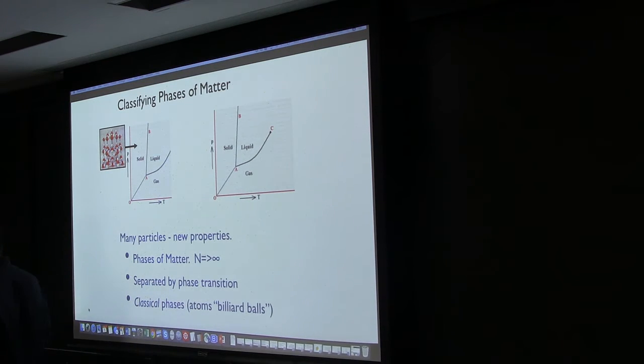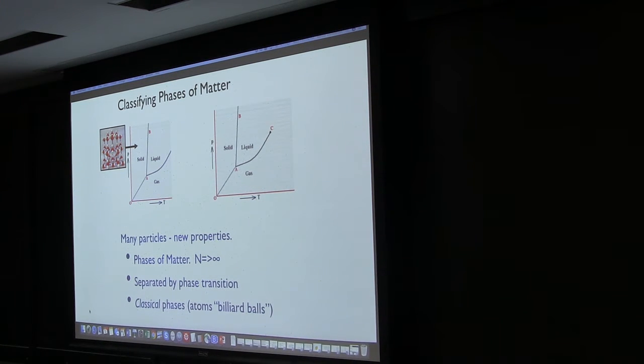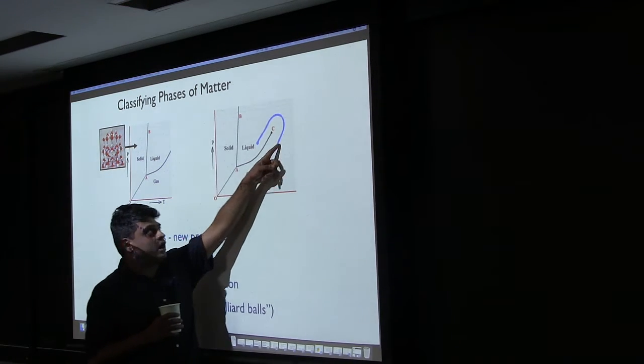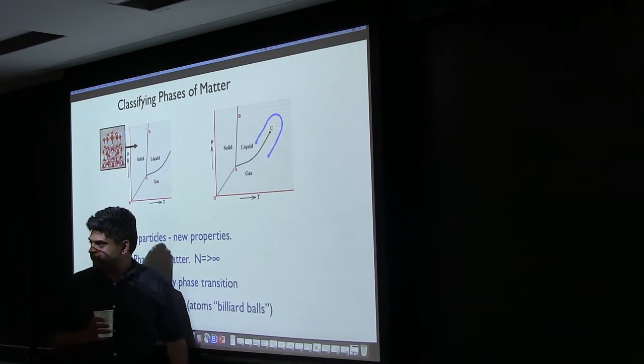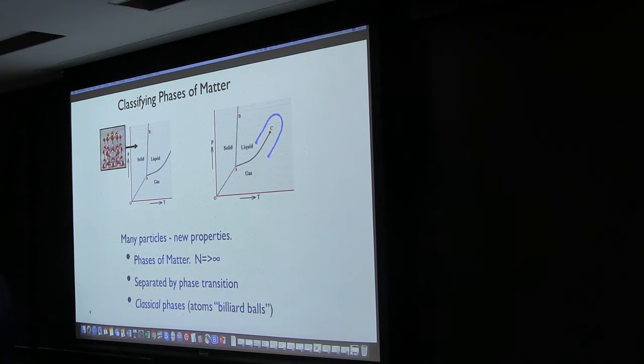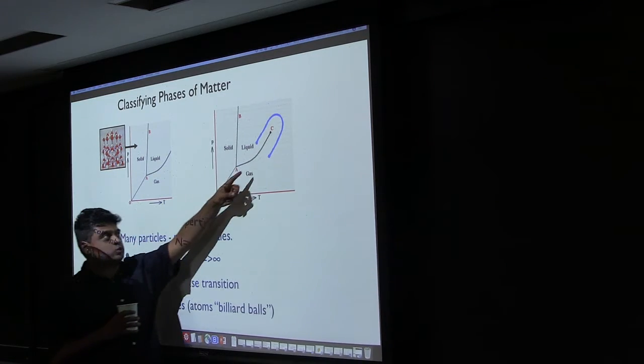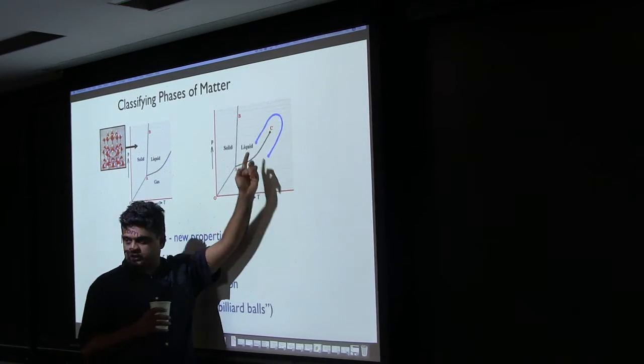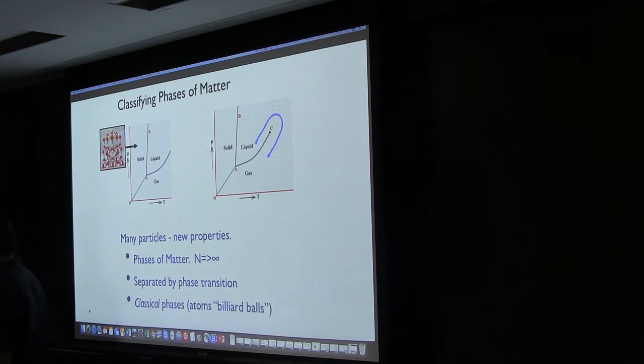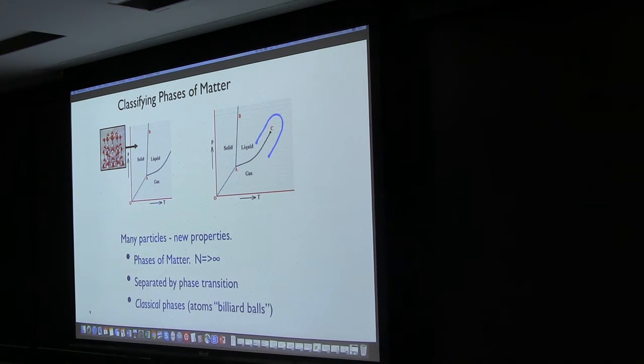So you can take a path and change parameters so that you go from something that's definitely a gas to something that's definitely a liquid without ever encountering a phase transition. Then of course these two categories are not that well defined. You have to say where along this trajectory you switched, and everything is smooth along this trajectory. So classifying phases is a bit more tricky than you might first expect.